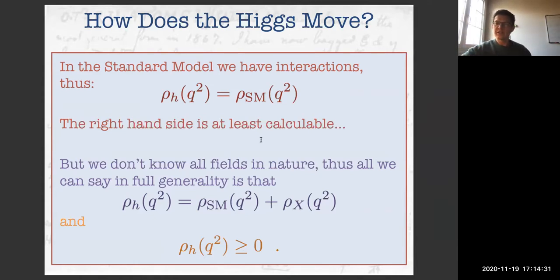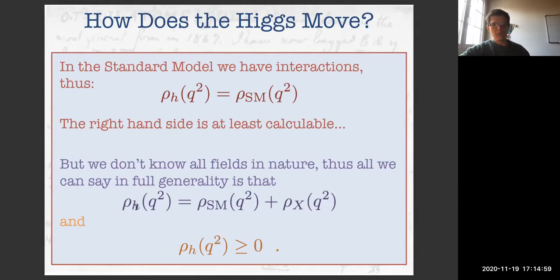I mean, we know there must be states beyond the standard model, but what if there are states beyond the standard model that aren't too heavy, aren't too far away from the electroweak scale? Then this density of states function becomes the density of states in the standard model plus some density of states that involves fields beyond the standard model. It could just have fields beyond the standard model, or it could have some mix of multi-particle states that involves standard model states and BSM ones. But we know that we recover the standard model limit when this guy goes to 0.